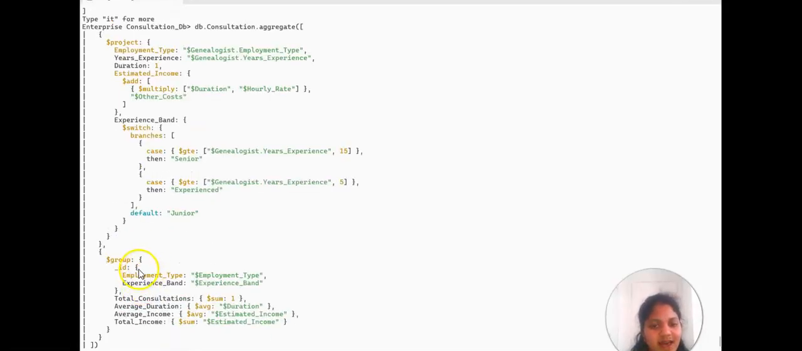So in the second stage, I used the group because this is one of the main summary stages here. The ID contains two fields, that is employment type and the experience band. This is called compound grouping because the data is grouped by more than one field, and this gives a more detailed result than simply grouping by employment type alone. For example, it allows me to compare full-time senior genealogist, part-time experienced genealogist and other combinations. So inside the group,